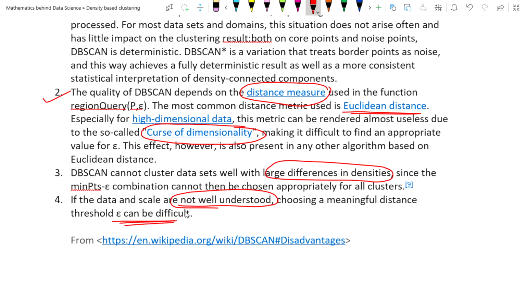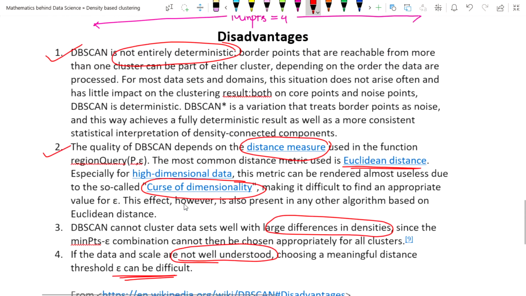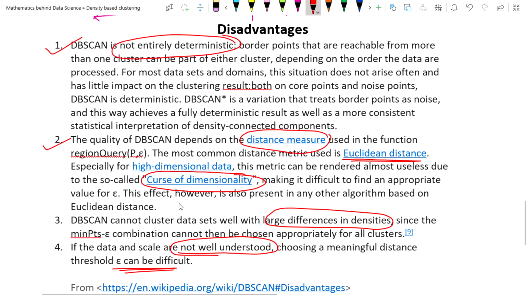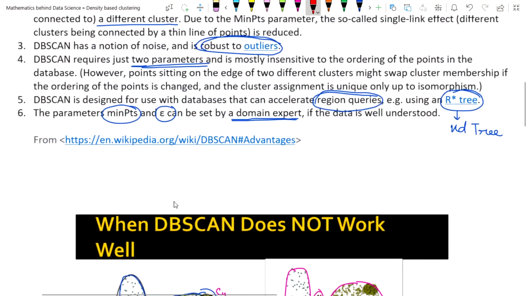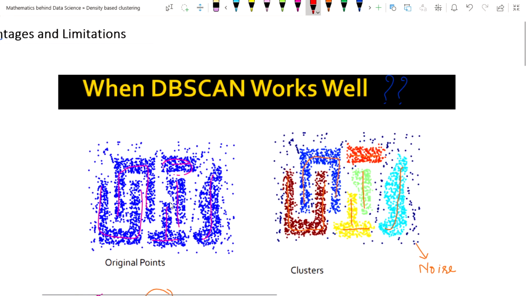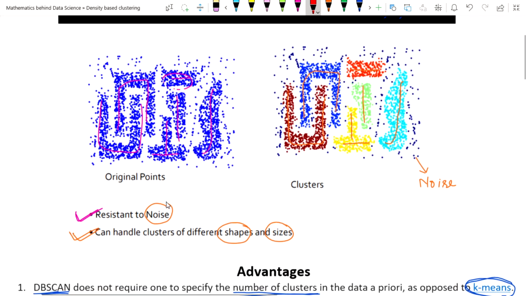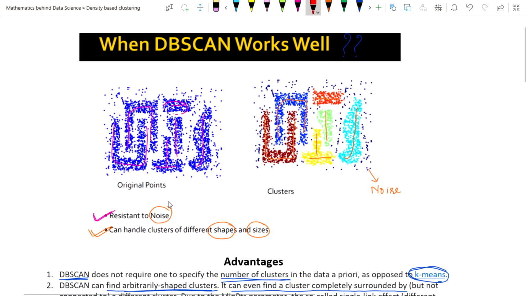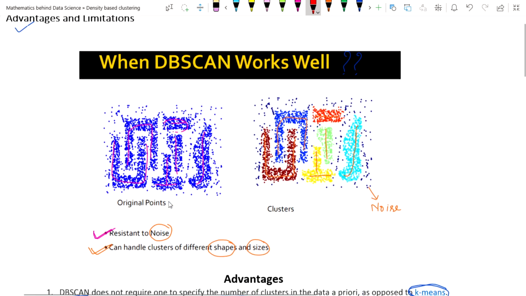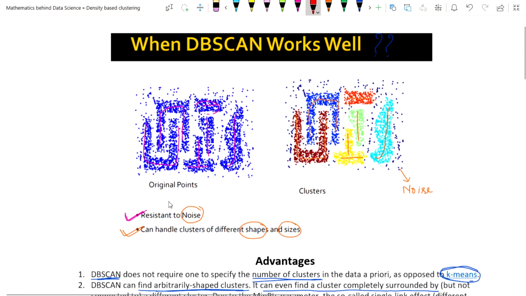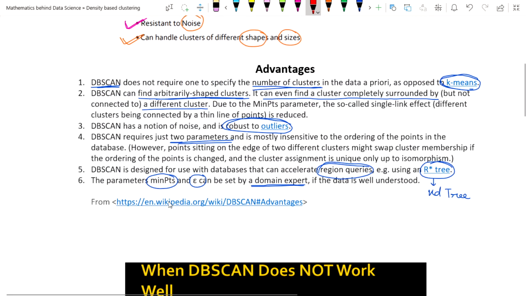Okay, so these are the major disadvantages. As always, in every application and every algorithm, there are advantages as well as disadvantages. So these are some advantages and disadvantages of the DBSCAN algorithm.